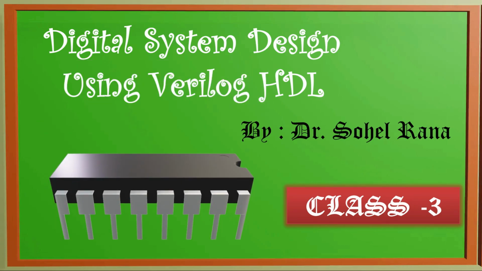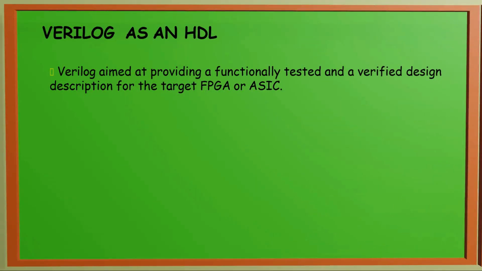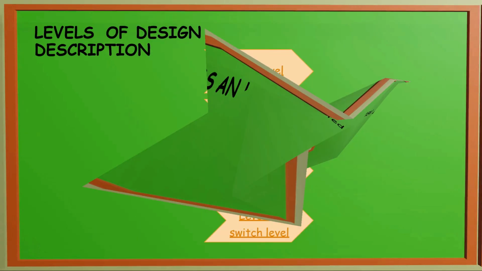In the previous session we discussed the types of HDL and the various design methodologies. Ultimately we are going to use the Verilog language, where we will write programs to design an IC. This IC may be an application specific integrated circuit. Before implementing it on any IC, processor or controller, we will dump our program on an FPGA. That means we will write a program and upload it on the FPGA kit to check the functionality of our coding, whether we have done correct coding or not.